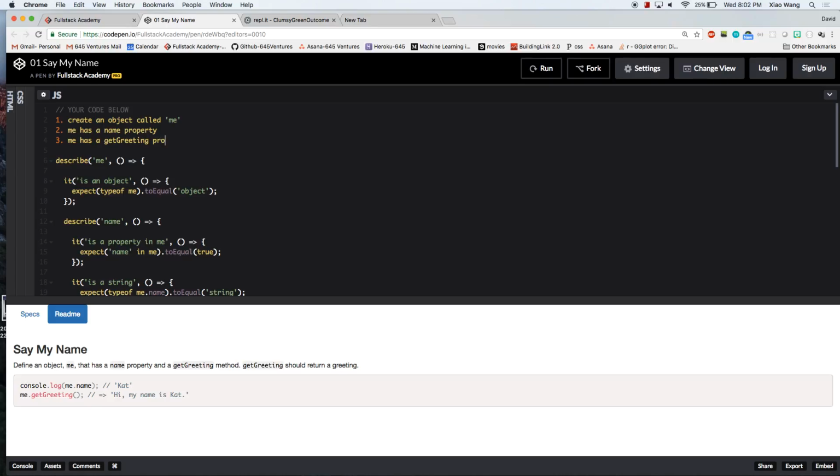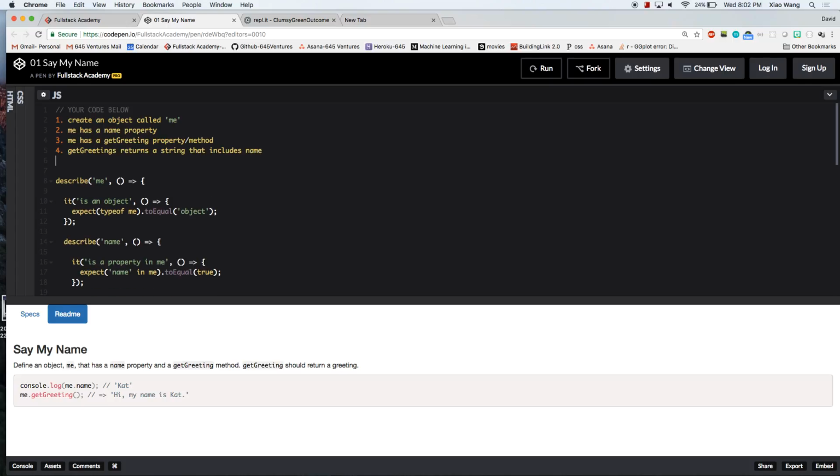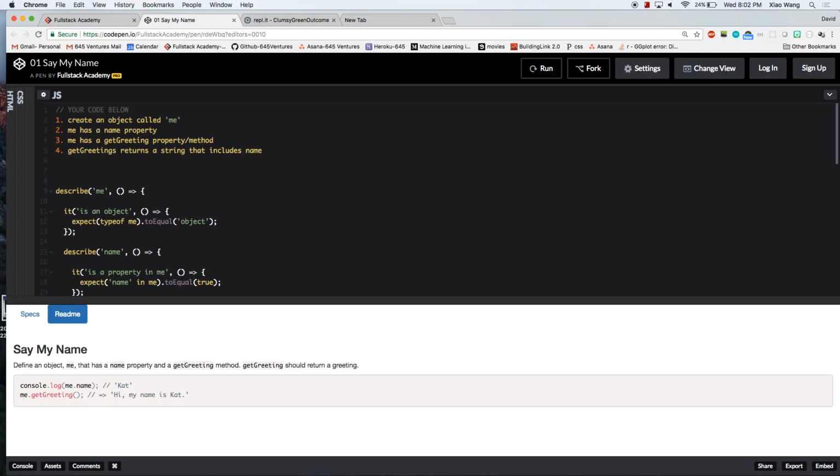I'll say property method. I'll use those two chains. I'll say they're the same thing for now. And then 4 is get greeting, returns a string that includes the name, right? And so when I do this problem, the first thing I'll say is, okay, so I